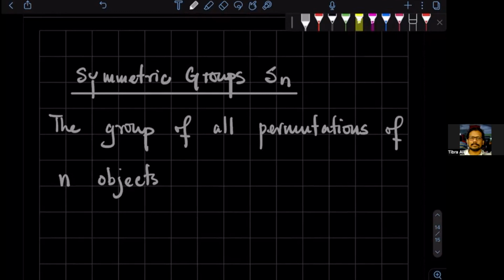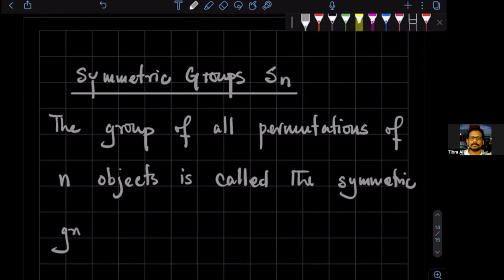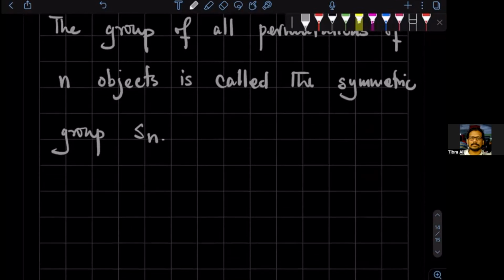Objects is called the symmetric group, Sn. So for example, suppose you have an apple, an orange, and say a banana,